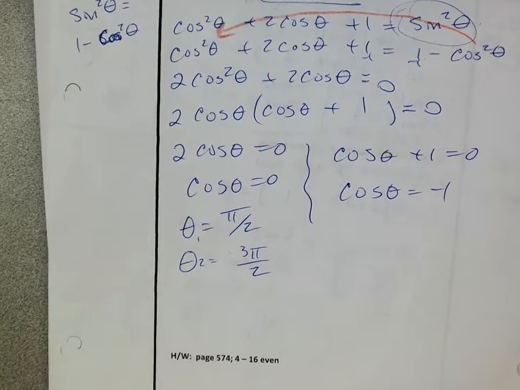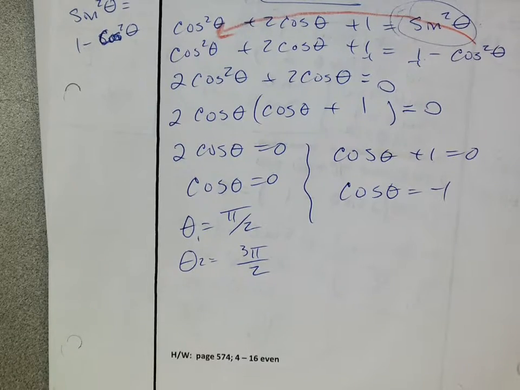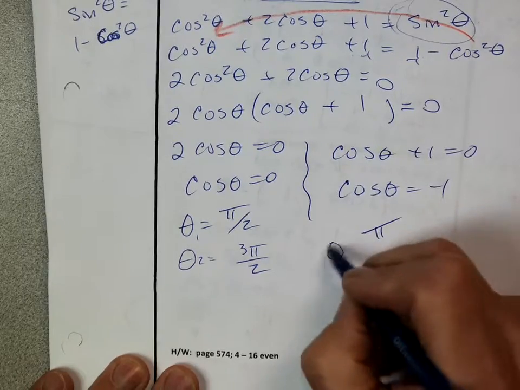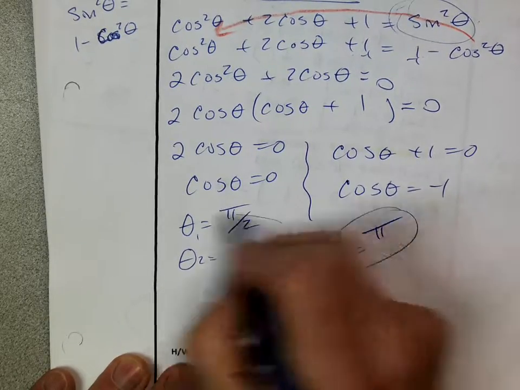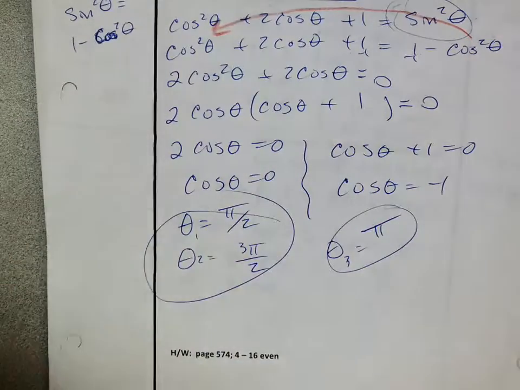And then that happens, it's the x value, only at pi. So that's my third angle, okay? All right, that is it. So let me go ahead and